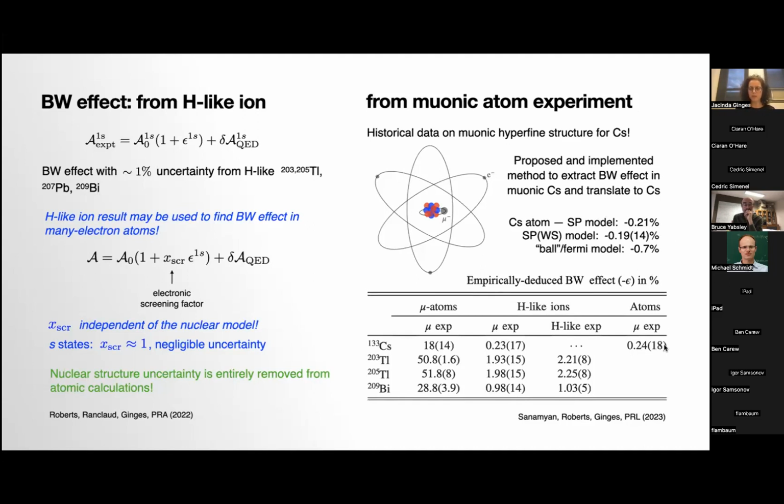though with a relatively large uncertainty, but it definitely rules out the Bohr-Fermi model that's been used over the last 30 or so years. So it's telling us that we really have been modeling the Bohr-Weisskopf correction incorrectly, and now we have some idea how to do that, and also some more exciting ideas how to proceed further.